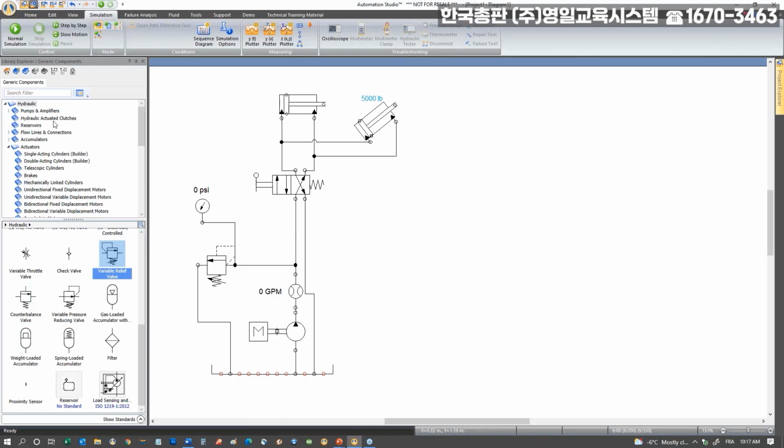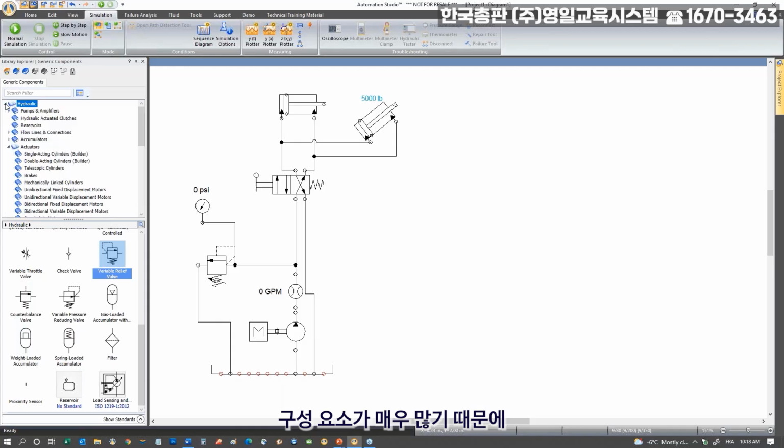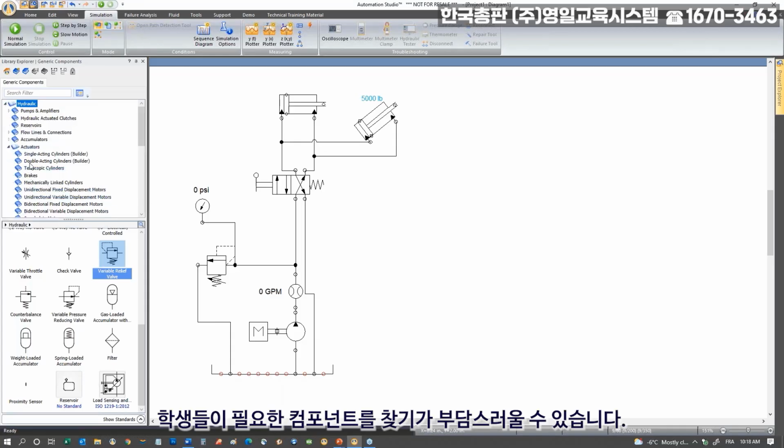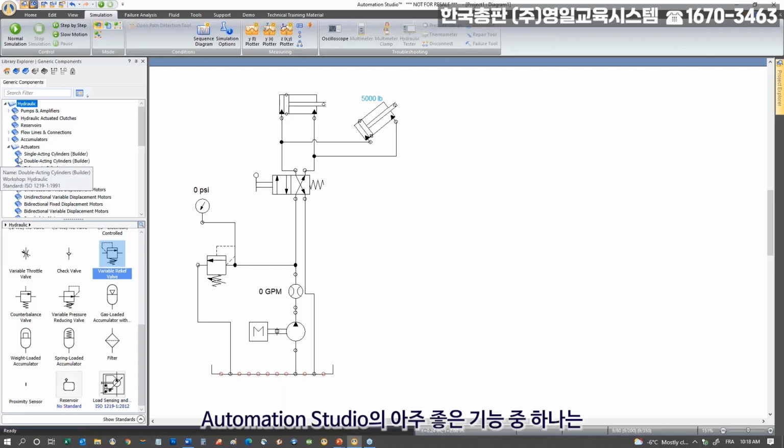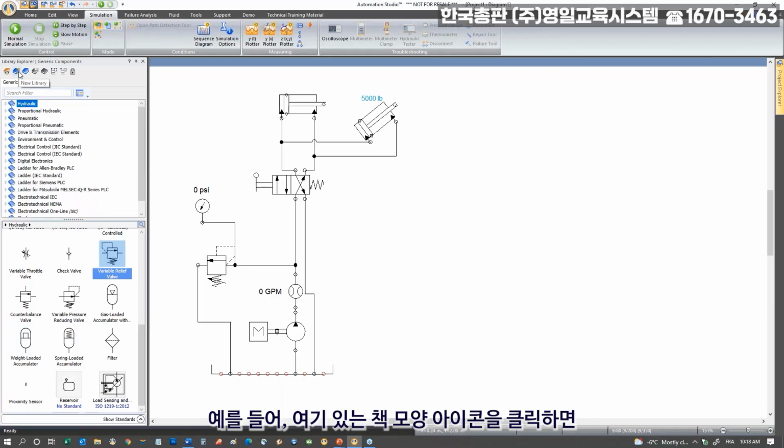Okay. So now, if we stick with the hydraulic, you see there's a lot of components, and it could be a bit overwhelming for students to try to look for what they need. Okay. So a very good feature of Automation Studio is the capability of creating your own library. That's very important. So for example, if I click on this book here,